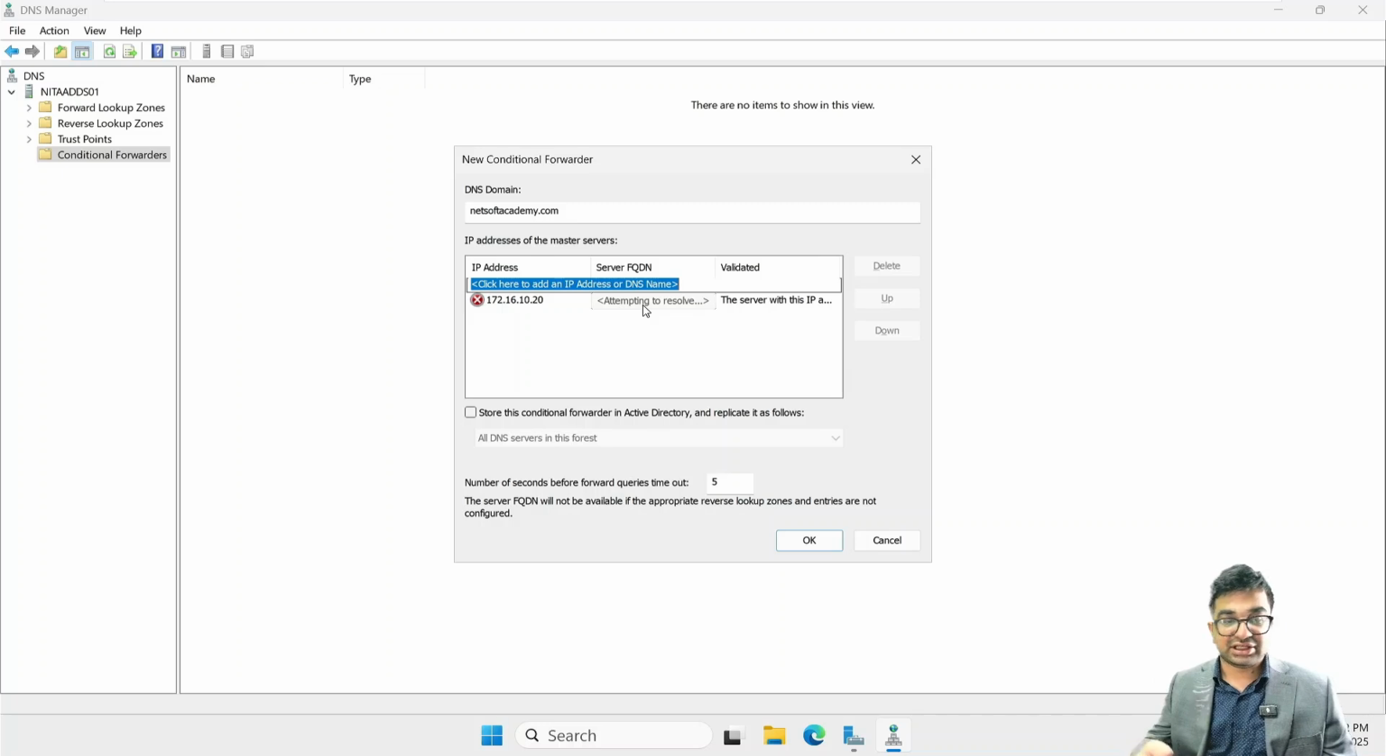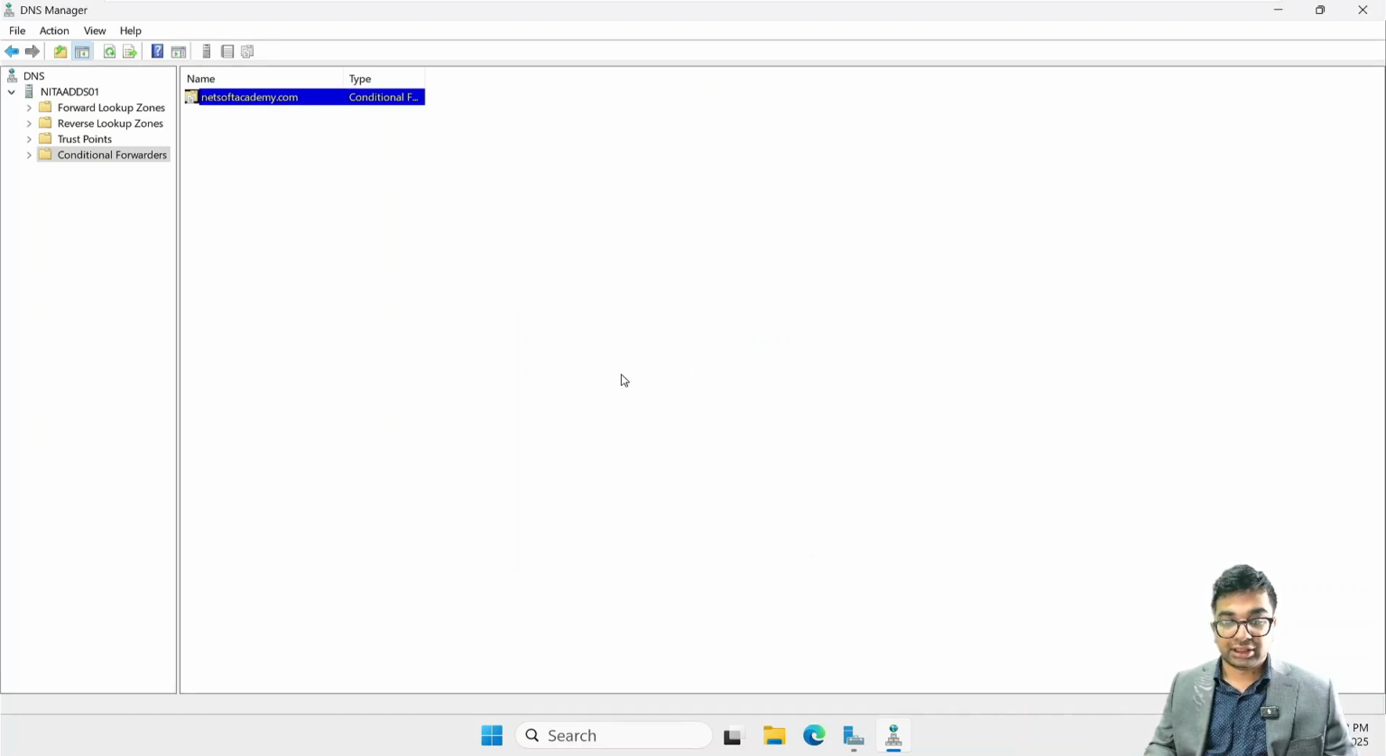That would either be NETA ADDS02 or NETA ADDS02.netsoftacademy.com or something else like that. As you can see here, this is what I wanted to see. NETA ADDS02. I click OK now. And once I'm done with this,